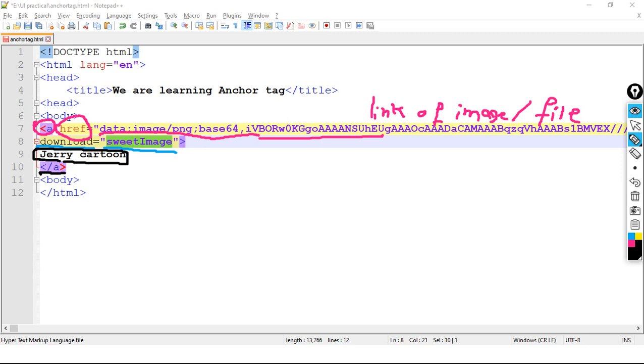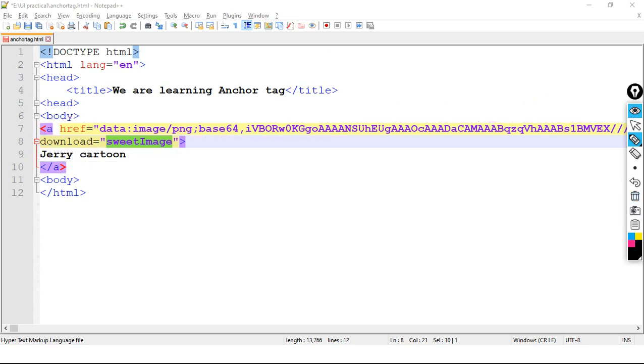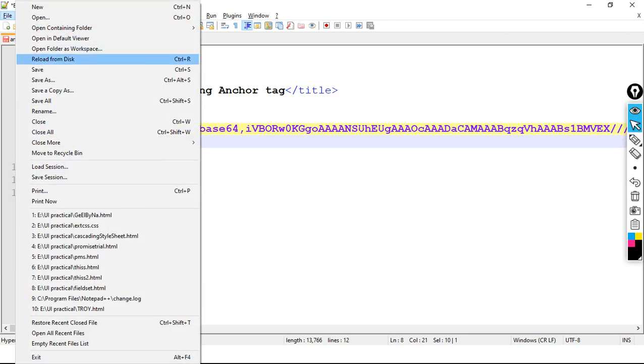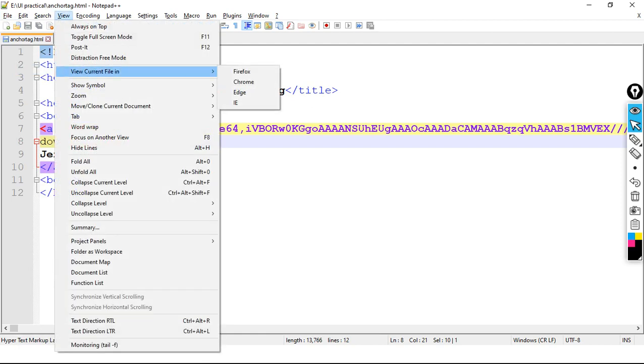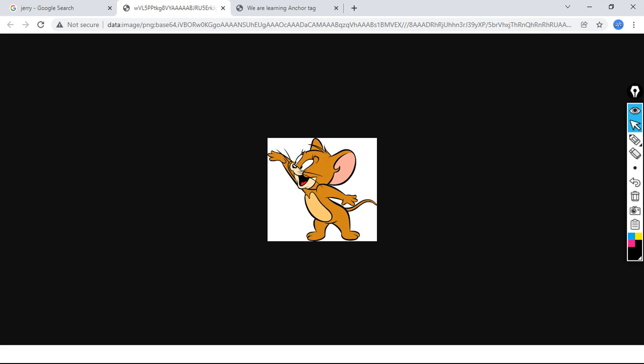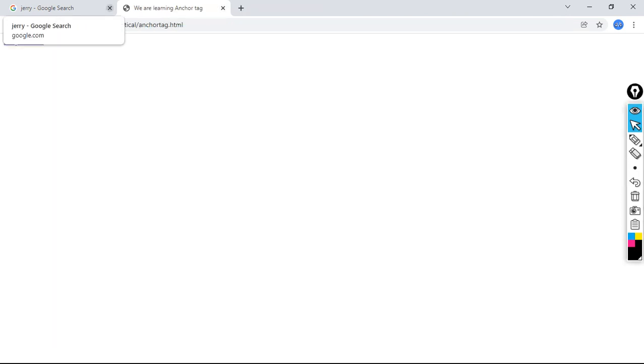So let's save the code and move to the browser. Here, save and view. Let's move to the browser. Let me close remaining tabs. So this is our actual page, or we can say output of HTML document.